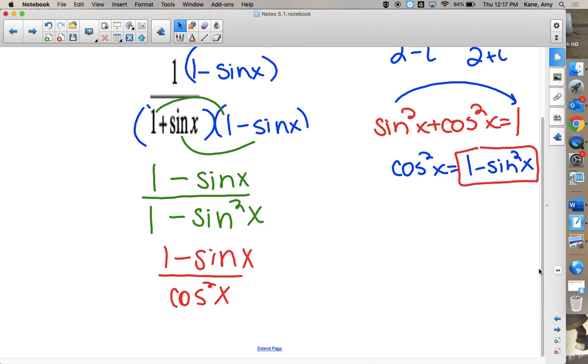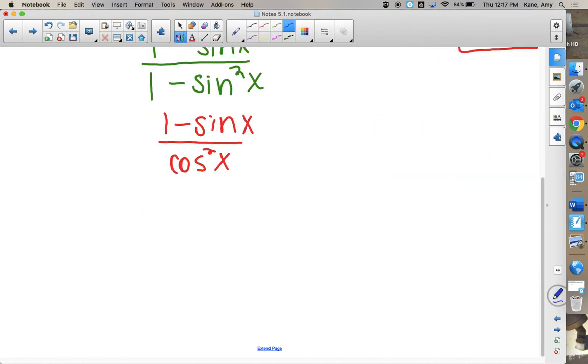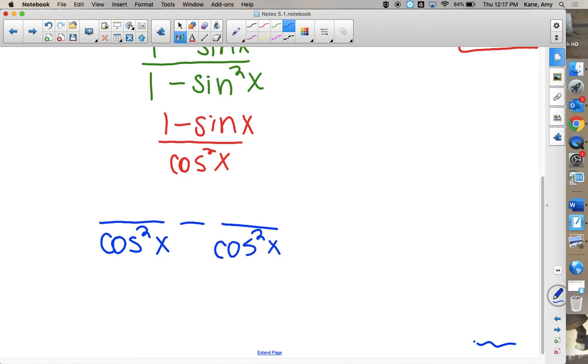So it's usually going to go back and forth from an identity to a little bit of algebra, back to an identity, maybe back to algebra. And this part is a little weird because it's something that you usually don't do. I'm going to tell you we're going to split this fraction up. So right now there are 2 terms on the top of our fraction, but the bottom has 1 term. And when there's 1 term on the bottom, you can keep that as a common denominator, and we can separate the numerator. Usually we pull fractions together, but now we're going to do the opposite, and we're going to split the fraction apart. So the top is 1